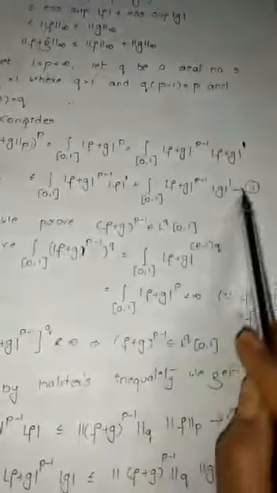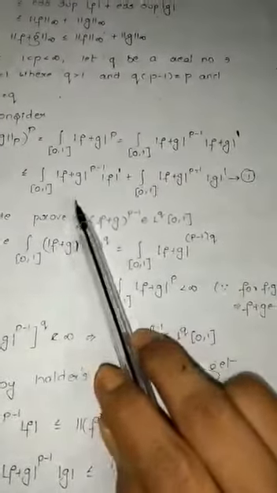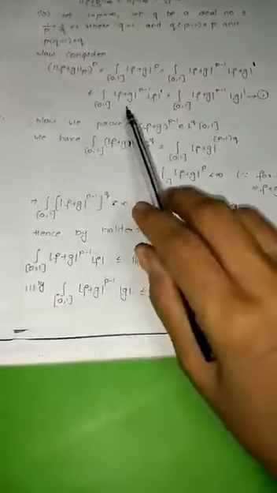This is with respect to your function f, girls. The same thing you repeat with respect to the function g, and you get equation number 3. Now what is the purpose of writing equations 2 and 3? If you carefully observe equation number 1, you have split this complete thing with respect to the two functions f and g. So you are finding out the value of this part, and the value of this part, using Holder's inequality, and you substitute it over here. So we are getting equation 2 and equation 3, girls. You can see this part is this, and this is with respect to your function g. Now these two we have to substitute over here.